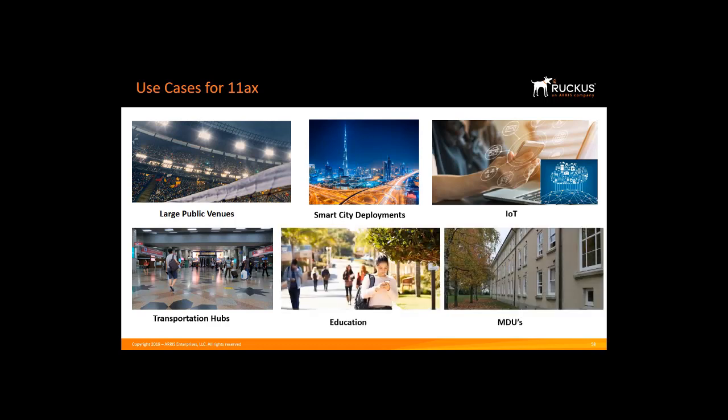Education and MDUs. College and university campuses have high densities of Wi-Fi users in areas such as libraries, auditoriums, lecture halls, student unions, and student housing and MDUs, as well as at graduation and other campus events. Primary K-12 education trends such as video-based learning, one-to-one computing, connected classrooms, and IoT are creating an airtime capacity crisis which stresses network reliability.